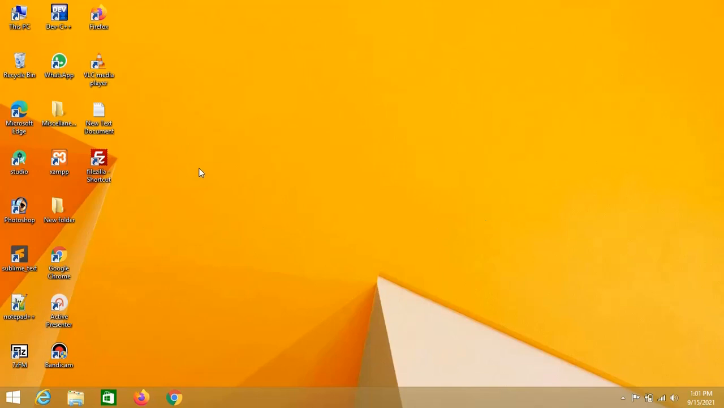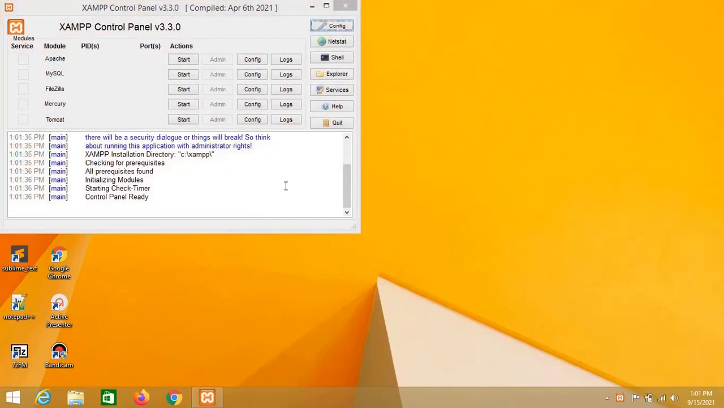So first, let me start my XAMPP server. If you don't know how to install XAMPP server on your local computer, then I will provide a link in my description. Please go there and check it. So let me start my XAMPP server,